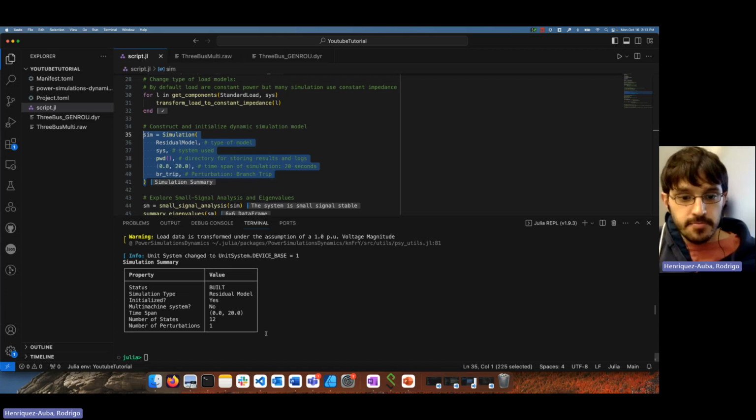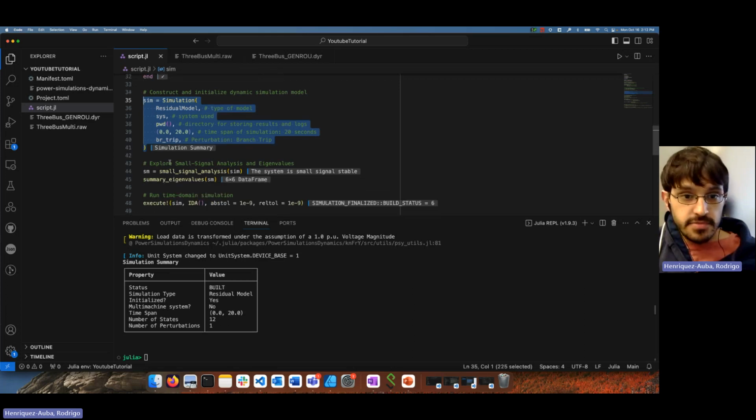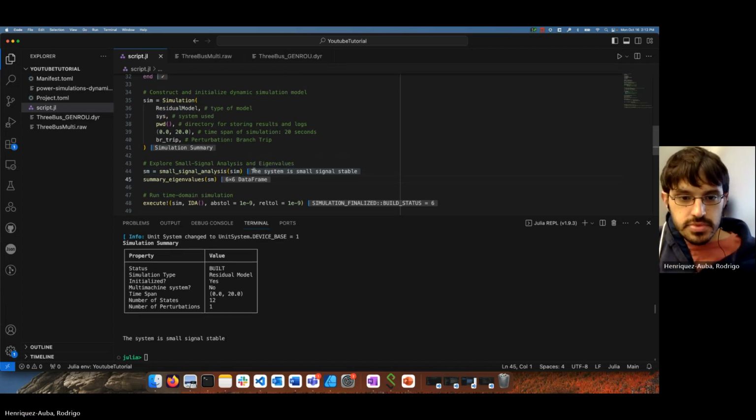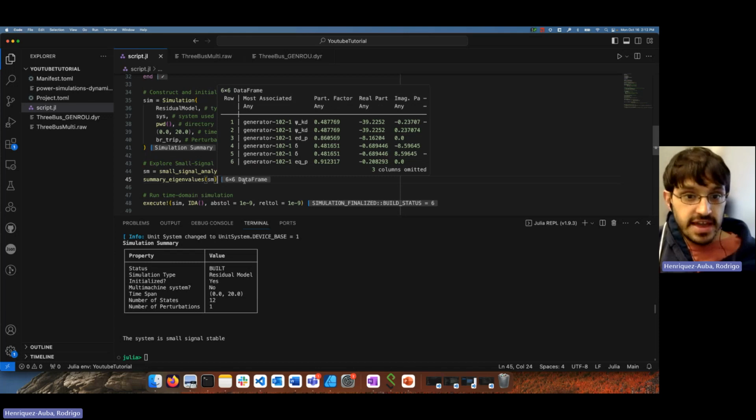they give us a summary of the number of states, number of perturbations, the time span, and plenty of other information. Before running and executing the branch trip, we'll perform a small signal analysis for the operating point. And if we run that, it basically returns that it is small signal stable, and we can get a summary of the different eigenvalues using the summary_eigenvalues function